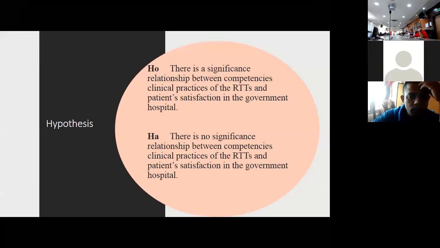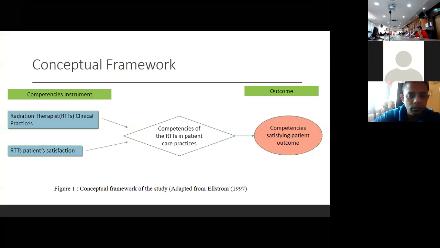Okay, hipotesisnya adalah there is no significant relationship between competencies clinical practices of the RTT and patient satisfaction in the government hospital. Untuk null hypothesis, there is no significant relationship between competencies clinical practices of the RTTs and patient satisfaction in the government hospital. So conceptual framework, sorry,